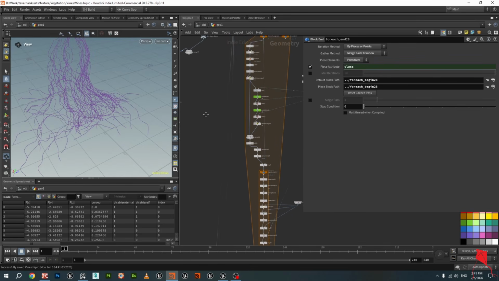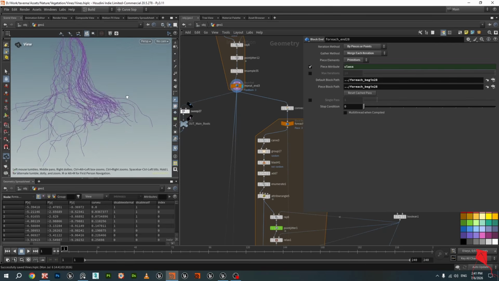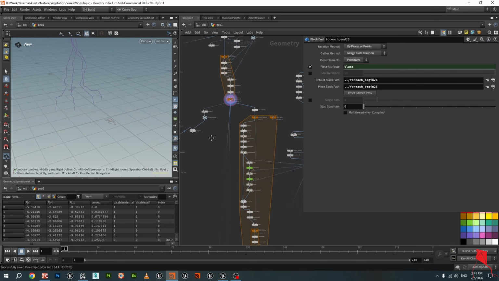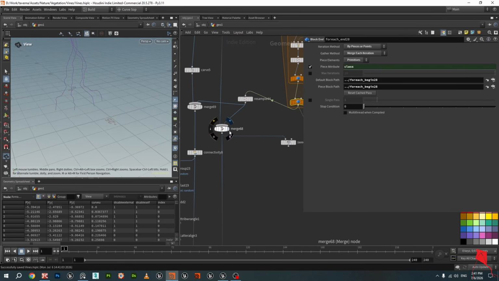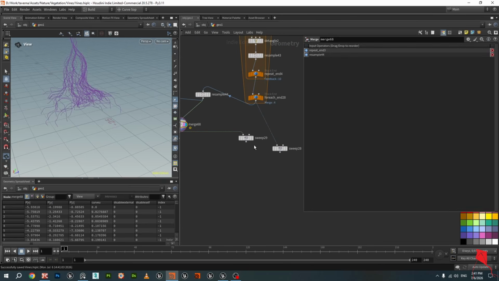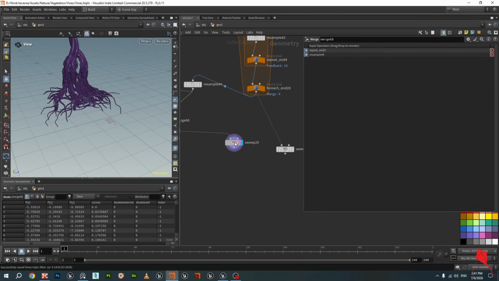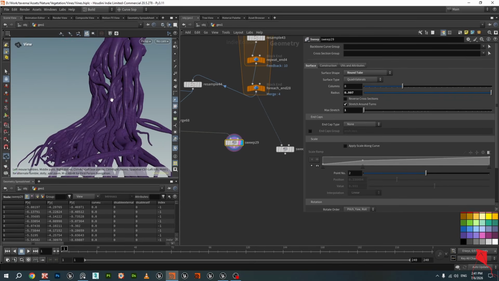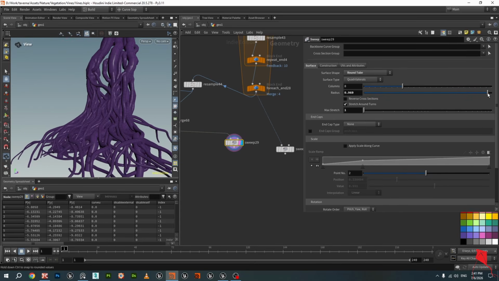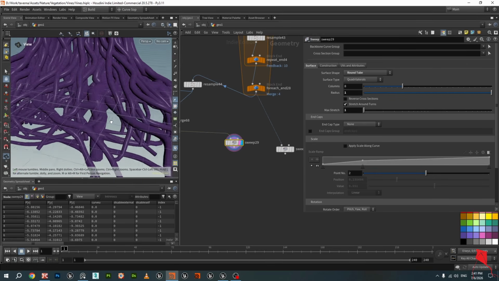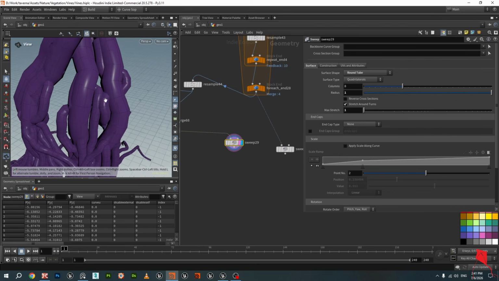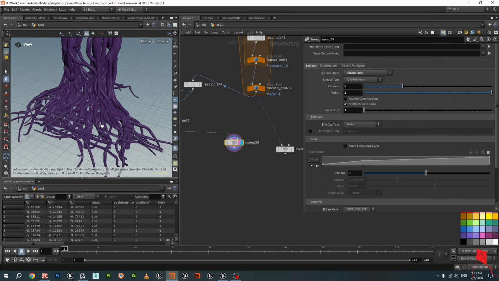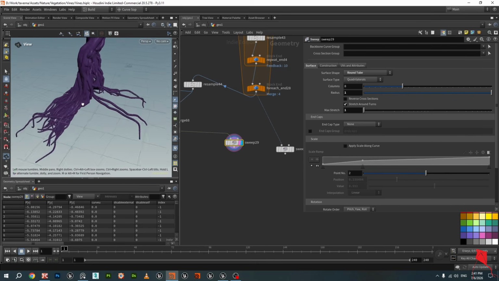And if we merge them with our original splines, our 4 main splines, and stick them into a sweep node with just some radius value, you can see that they are actually respecting the pscale attribute that we were lowering, and you can see that the roots are thicker at the top and thinner at the bottom. And let's look into